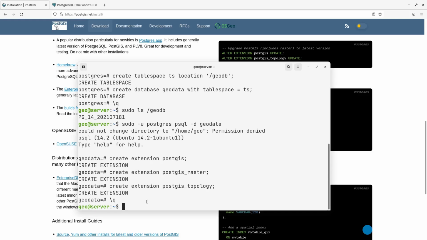To edit the settings, we are going to use a text editor that is built into Linux. That's called nano. So with elevated privileges, sudo nano, and the file is on the path /etc/